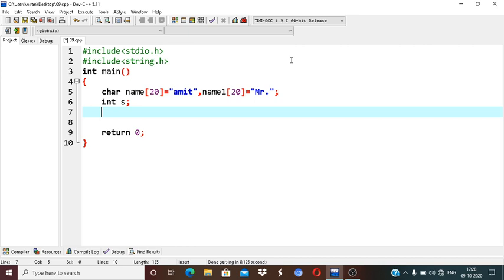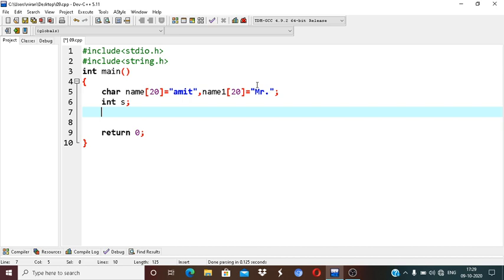Otherwise, when the compiler gets the first mismatching character, the strcmp function returns the difference in ASCII values. That means the ASCII value of M and the ASCII value of A, and the difference of these two characters will be returned. I hope you understand.